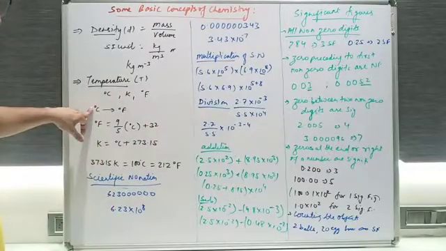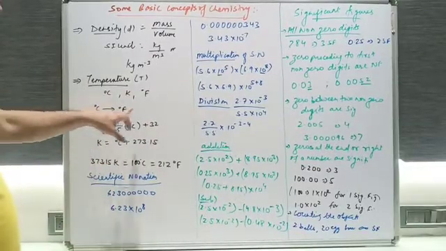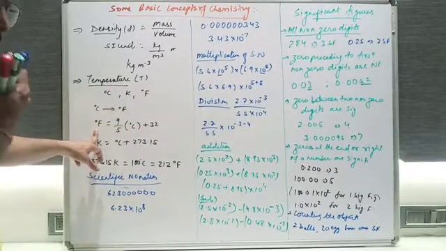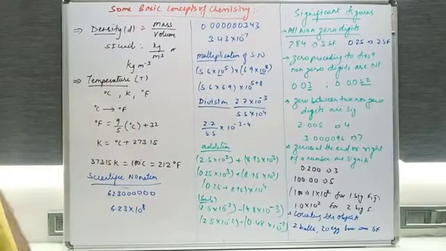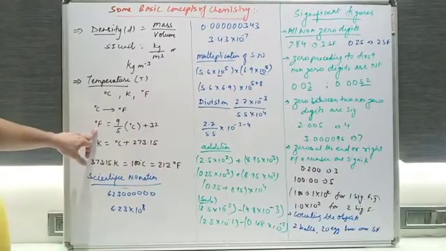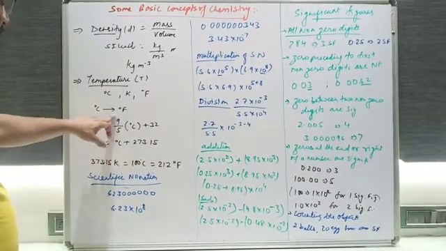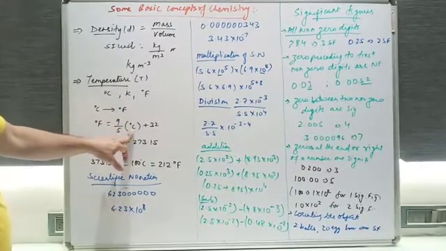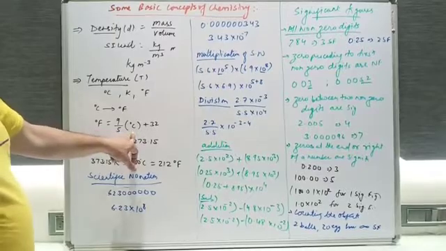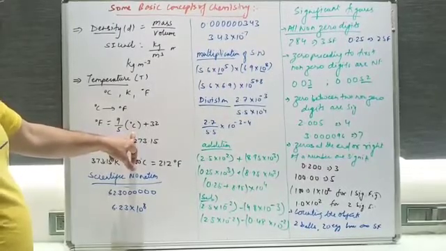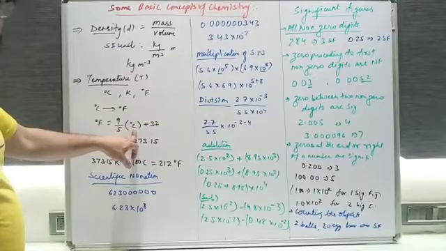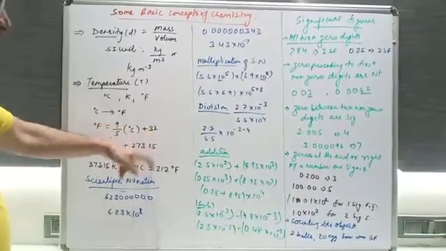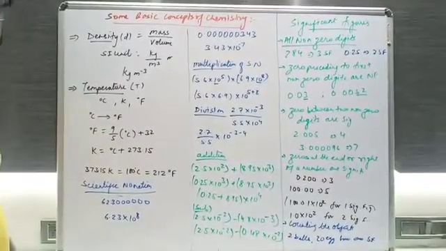Now the first thing is, if degree Celsius is to be converted into degree Fahrenheit, then what will be the formula? I think you have seen it in the lower classes also, but it is in the 11th standard, so we have to study that. That's important. Degree Fahrenheit is equal to 9 upon 5 times degree Celsius, plus 32. We have to substitute the value of degree Celsius. Suppose I need to convert 25 degrees Celsius into Fahrenheit. So 9 upon 5 into 25 plus 32, and what you get will be the degree Fahrenheit.